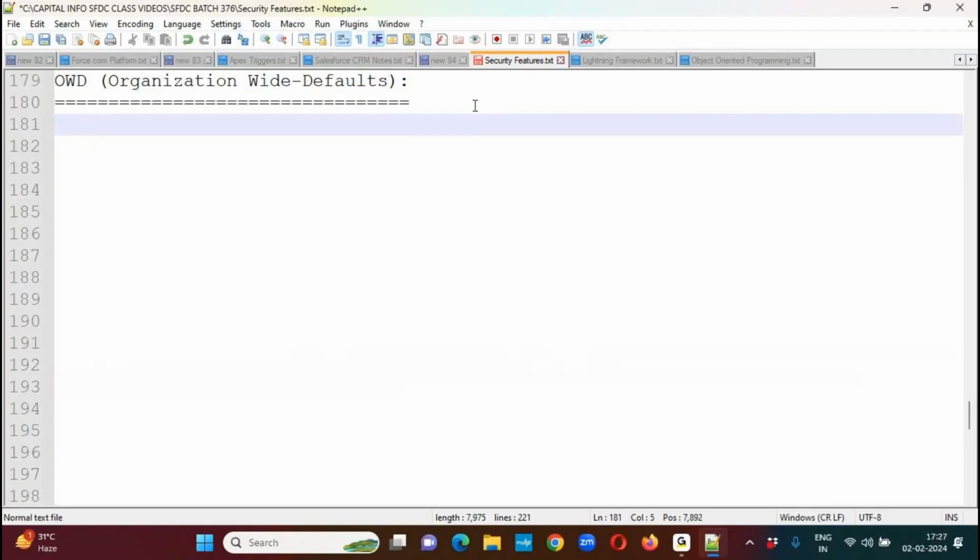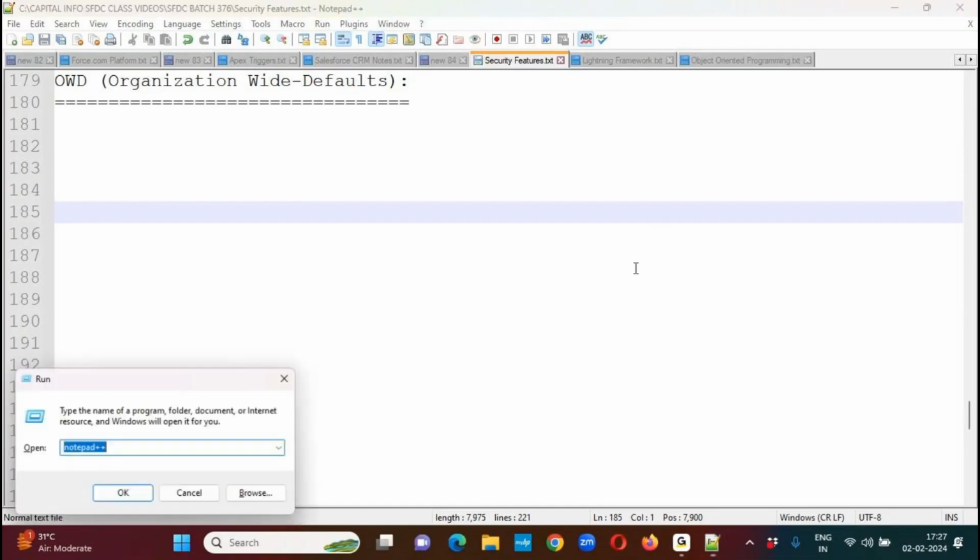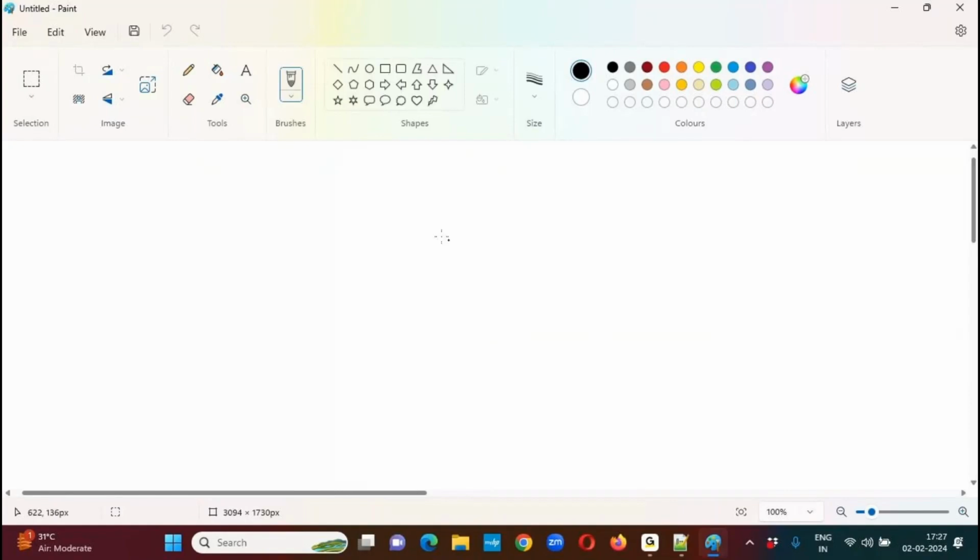Whenever we are applying the OWD, what are the various OWD options available and what options are applicable for what objects? We'll see one by one. Now, let's see. For example,